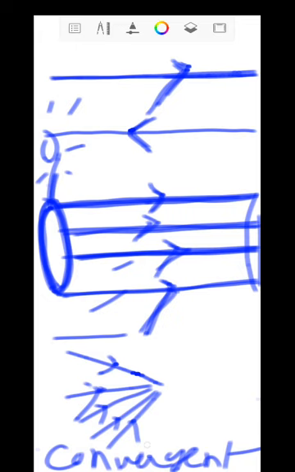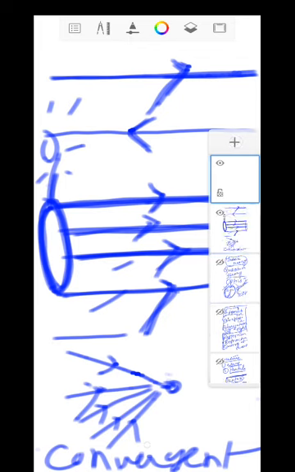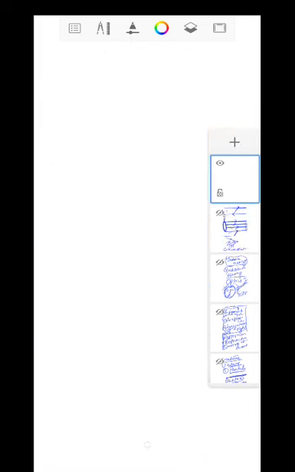And there is another one. The convergent rays converge to a particular point. Suppose this one is the point. So it converges here. They are called convergent rays. And I'm going to show you another one. The other one is called